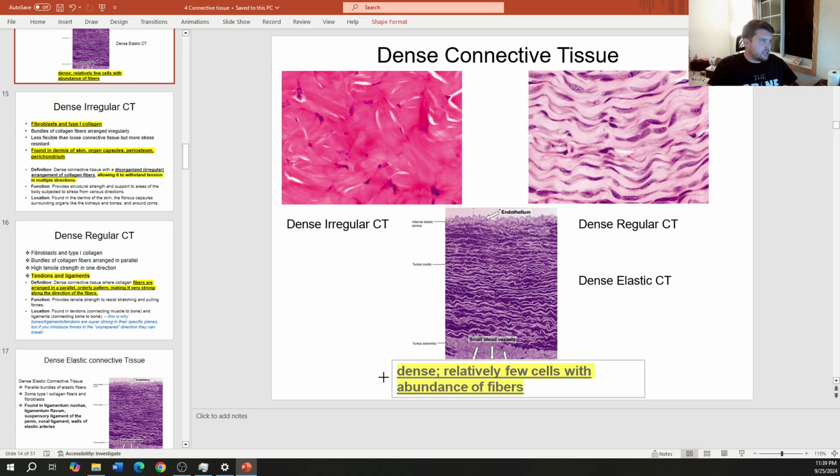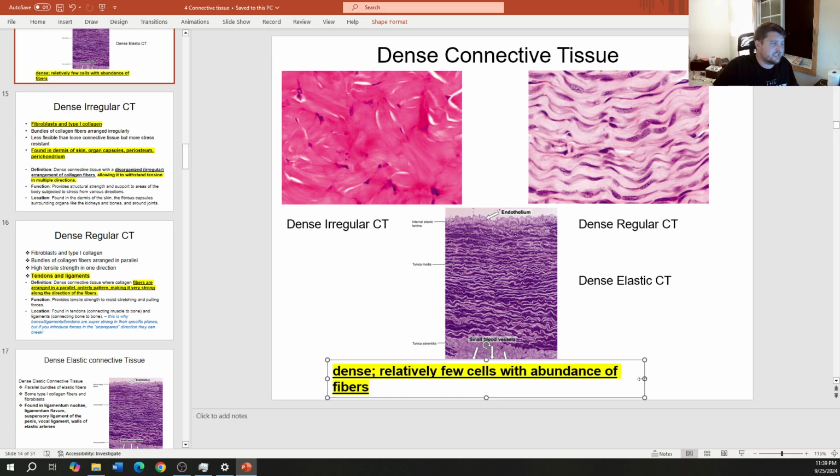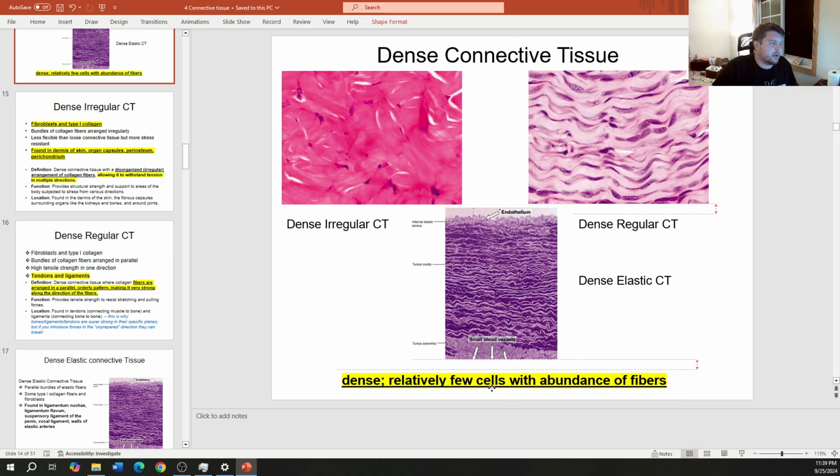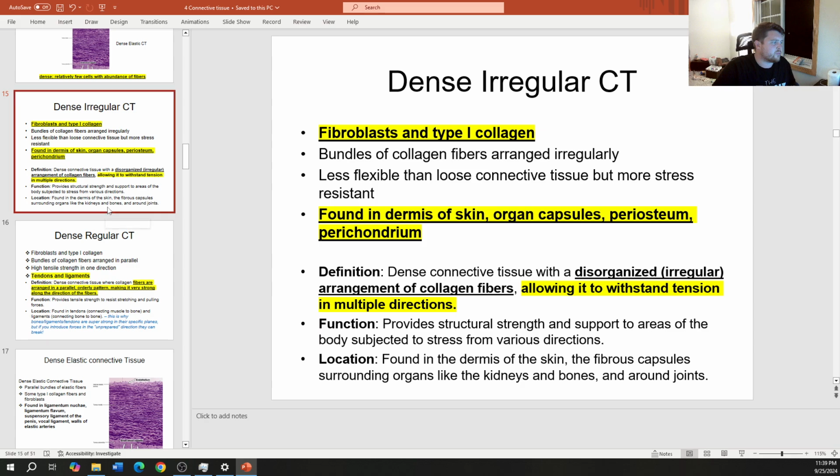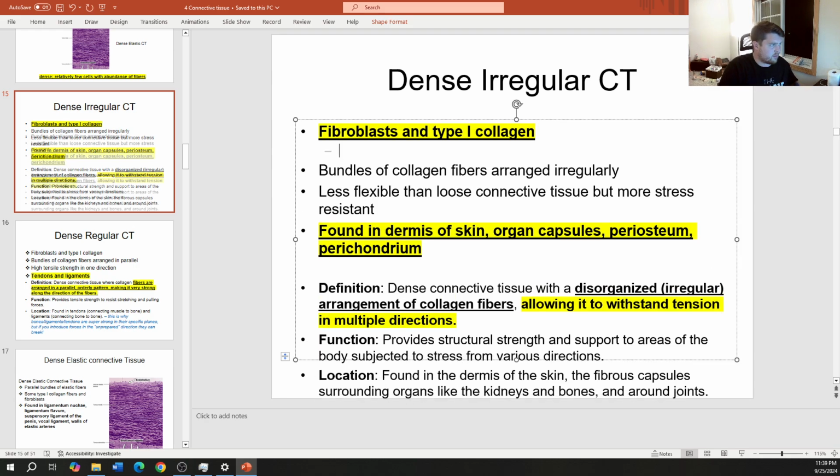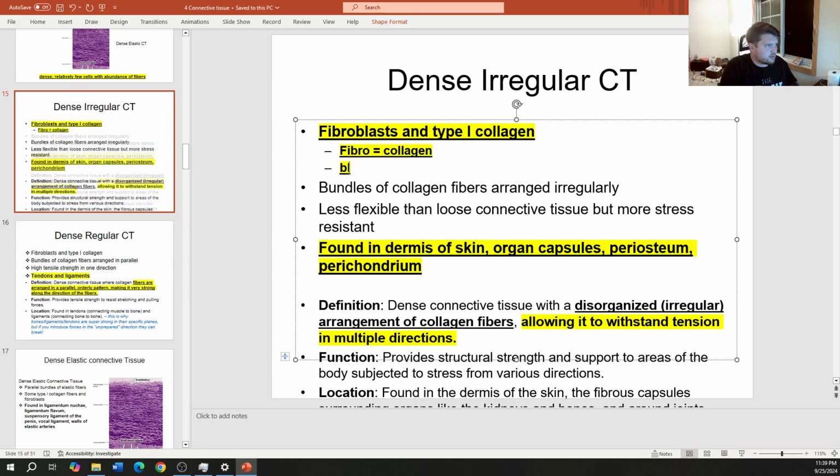In general, the dense connective tissue is dense, with relatively few cells but an abundance of connective tissue fibers. We have lots and lots of fibroblasts. Remember, fibro equals cartilage. Nope, collagen. Collagen blast equals builder. So these are our builder cells of